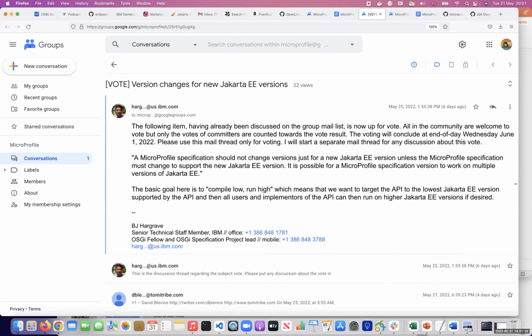I only read that it shouldn't change versions for the new Jakarta EE versions. Normally, my experience has always been that we're talking about the individual parts, because MicroProfile is a family of specifications, and Jakarta EE is a family of specifications, and they're all individually evolving at different rates and paces.